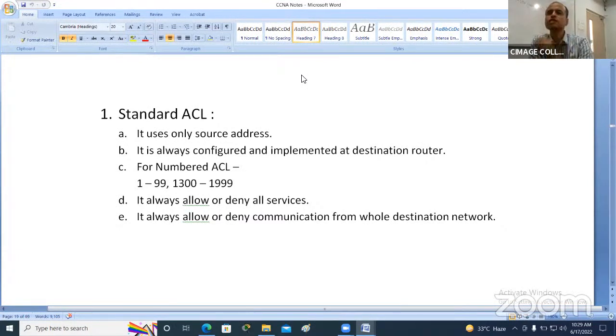इस ACL के केस में हम कोई स्पेसिफिक सर्विस डिफाइन नहीं कर सकते हैं। ये सारी सर्विसेज स्टॉप करेगा। और इसका न्यूमेरिक रेंज अगर देखें तो वो है 1 to 99। अगर हम नंबर्ड ACL को फॉलो करते हुए स्टैंडर्ड ACL को कॉन्फ़िगर करते हैं, तो न्यूमेरिक वैल्यू 1 to 99 और 1300 to 1999, ये दो रेंज होती हैं। इसमें से कोई भी वैल्यू हम ACL डिफाइन करते वक्त डालेंगे तो राउटर हमारा ऑटोमेटिकली समझ जाएगा, ओके फाइन, दिस इज अ स्टैंडर्ड।